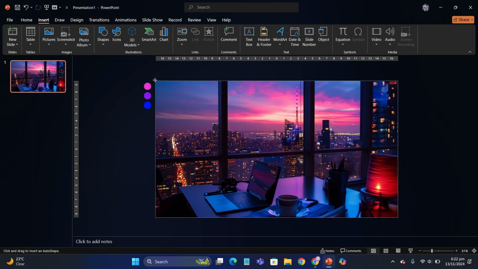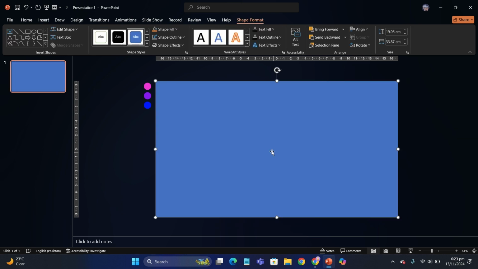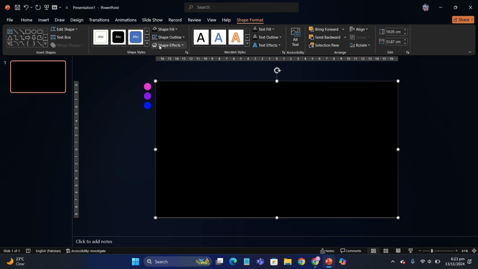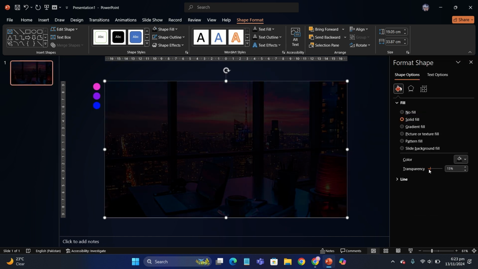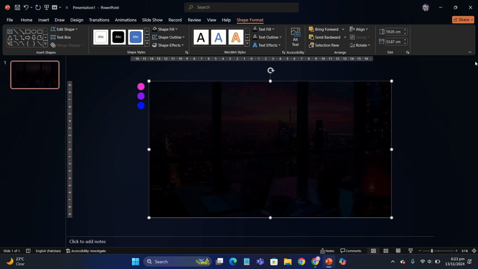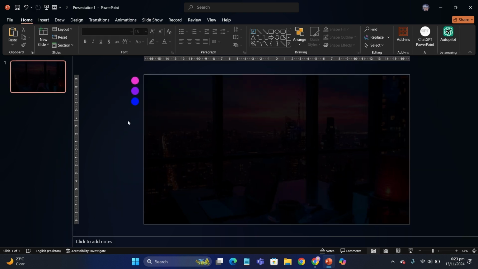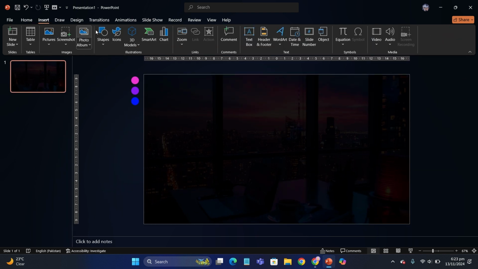Go to insert tab, shapes and insert a rectangle that covers the entire slide. And remove its outline and give it a fill of black. Go to format shape and you're gonna increase its transparency weight. Close the format shape panel and the next thing you're gonna do is go to insert tab, shapes and insert